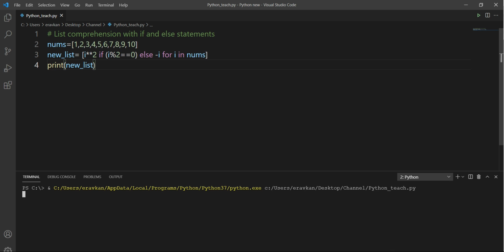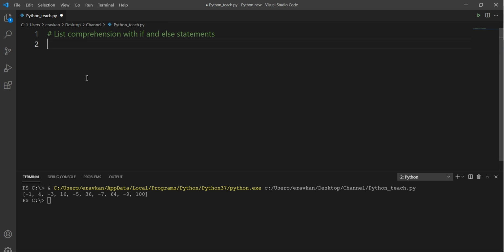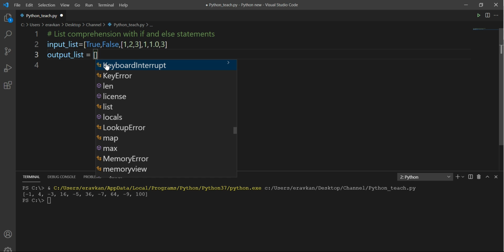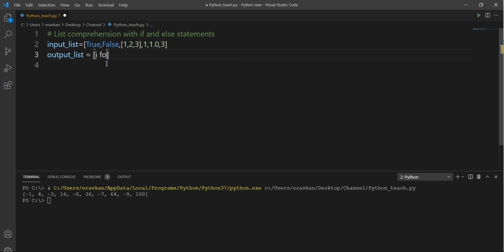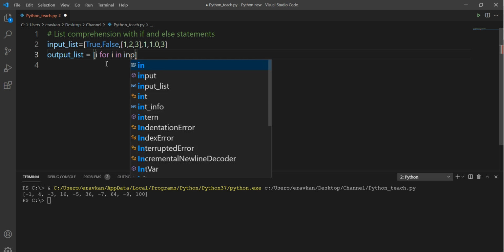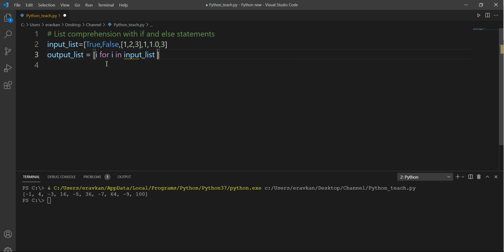Okay, let me take a few more examples. Suppose we have a list. This is my list, and from this list I want to take the data types which are single, like integer or float only, and that I want to append in a list. So I can do output_list equal to, okay, i for i in input_list